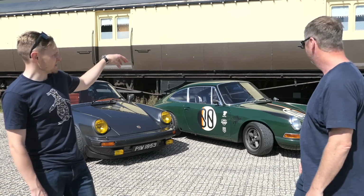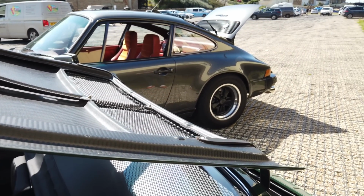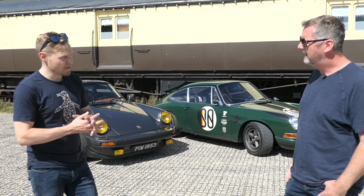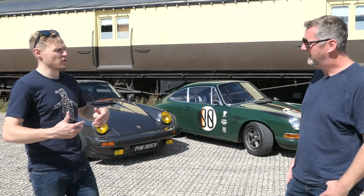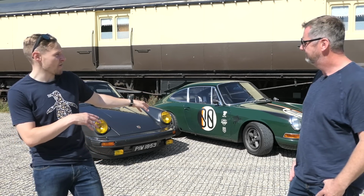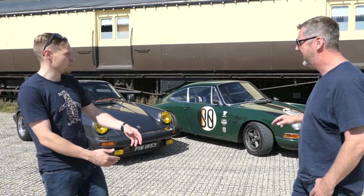What do you think in terms of the weight, right? So 750 kilos, for me anyway, when I see something like that written down on paper, I tend to think, oh no, this is going to be a really compromised, crashy, noisy, pretty horrible thing to drive. I personally don't feel like that with this car, and actually it's quite pleasant despite that, but it'd be interesting to get your view in relation to...